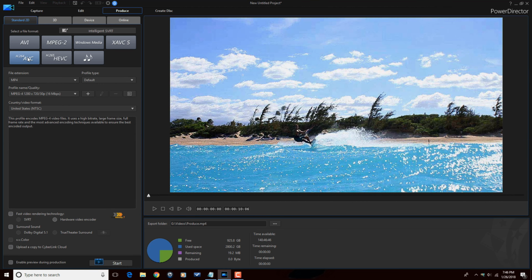Next, we got H.264, and this is one of the most common video codecs being used today. It is more efficient for compression than those MPEG-2 files, and it even delivers higher quality than those files. So if you want to create HD or higher resolution content for things like your Blu-ray disc or online video while minimizing the file size, this is a very reliable option for that.